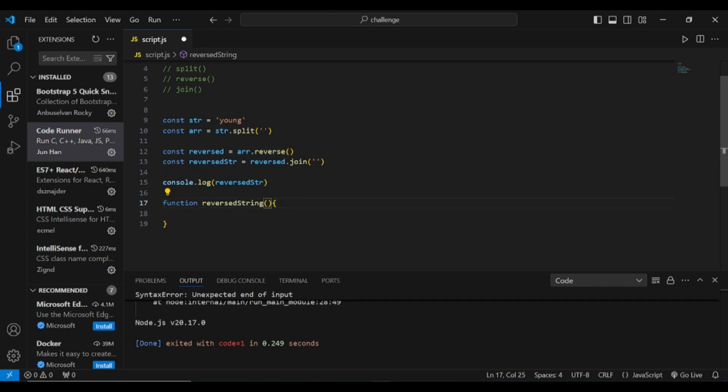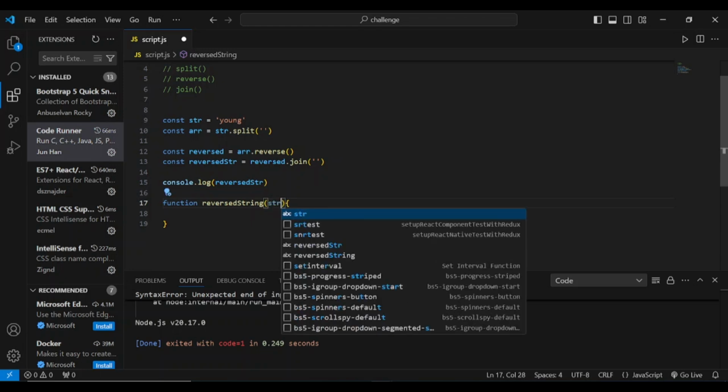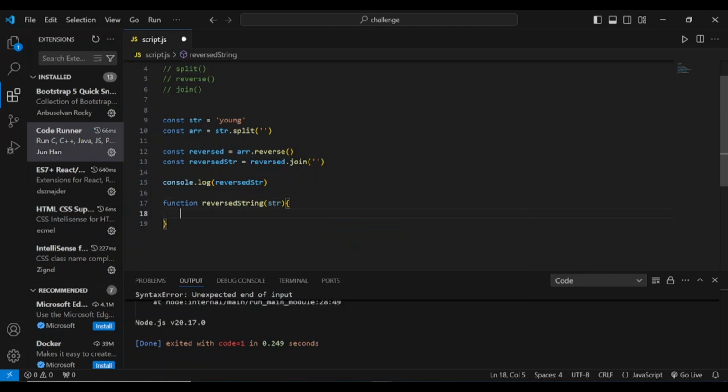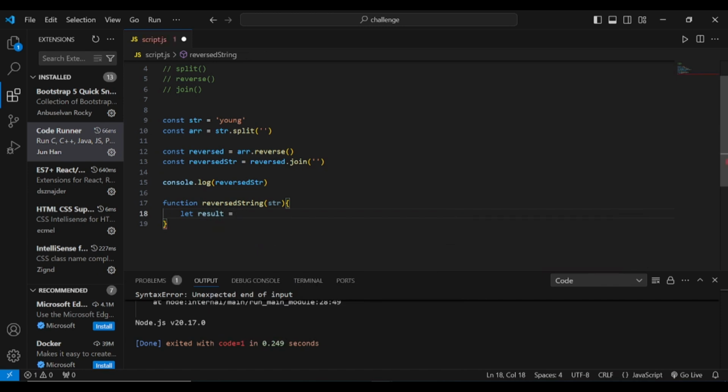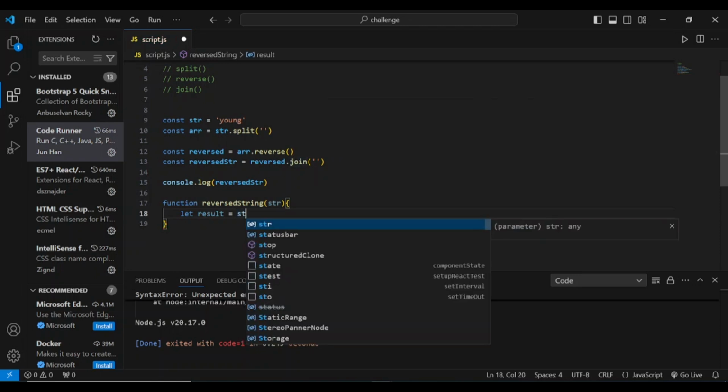Before then, I have to pass a parameter. Here is the parameter that I want. It can be anything, but I'm going to call it str for string. Then I'm going to create a variable called result, using another keyword for creating variables in JavaScript called let. And then, as we did here, we pass the split method, then the reverse, and then the join. We are going to do the same thing here, but we are not going to create many variables. So str dot